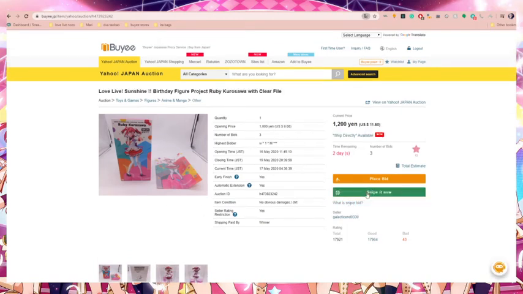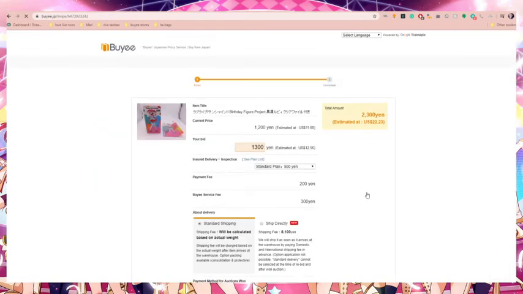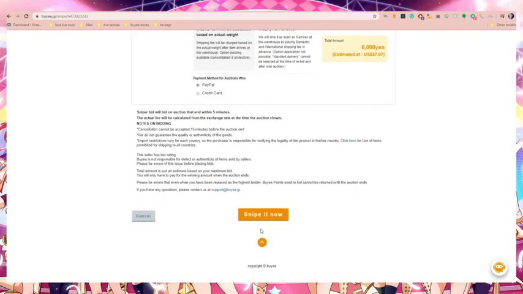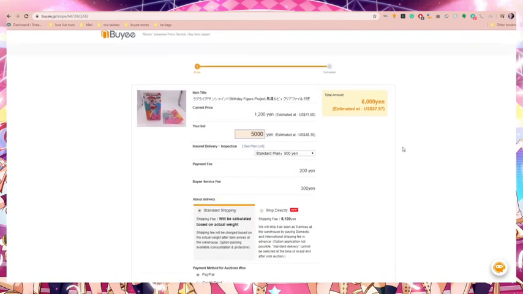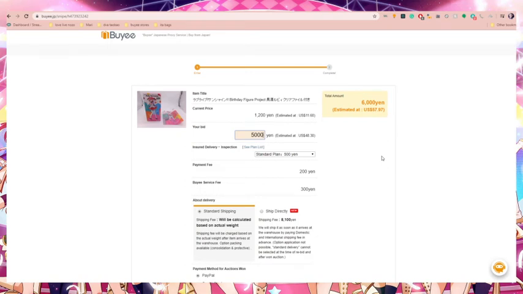So Snipe It Now is a sniper bid. So basically you would put the highest amount you're willing to pay for this, let's say 5,000 yen or about $50. That's the most I'm willing to pay for this. So you hit Snipe It Now. It doesn't place this bid immediately. It waits until 10 minutes before the auction ends, and it bids that amount. But let's say no one else bid on this item. Then it would only charge you